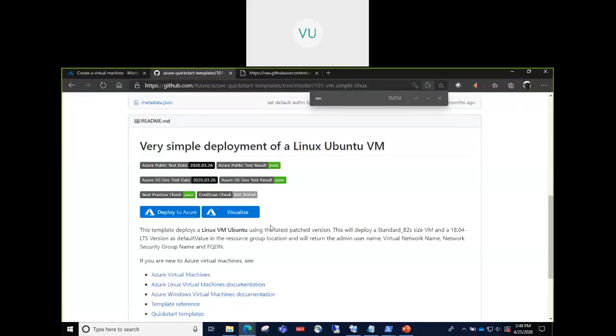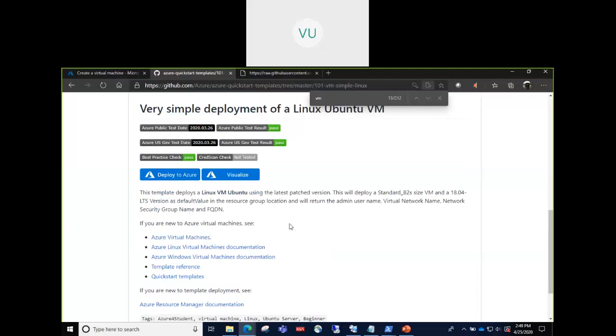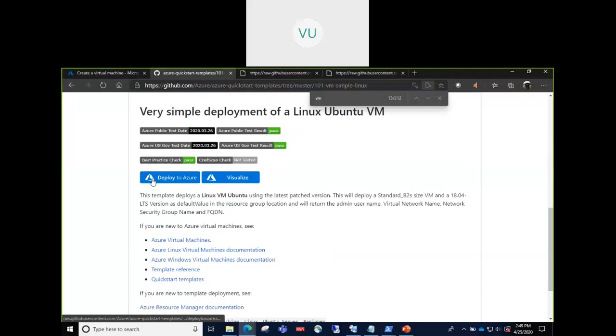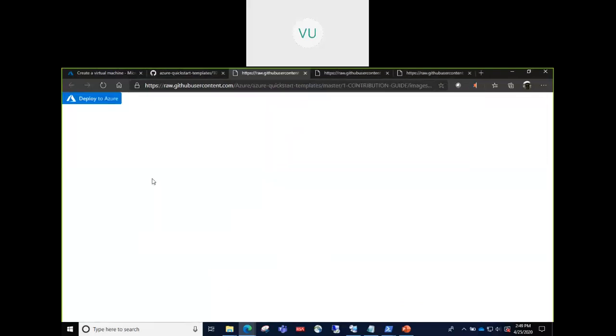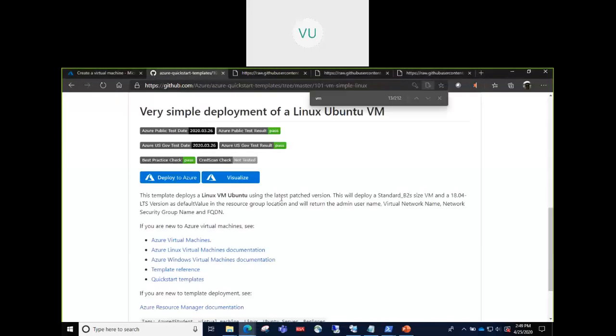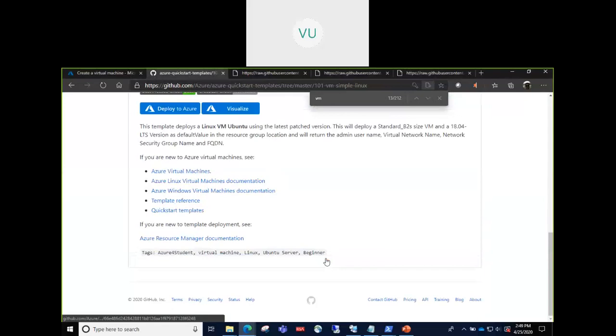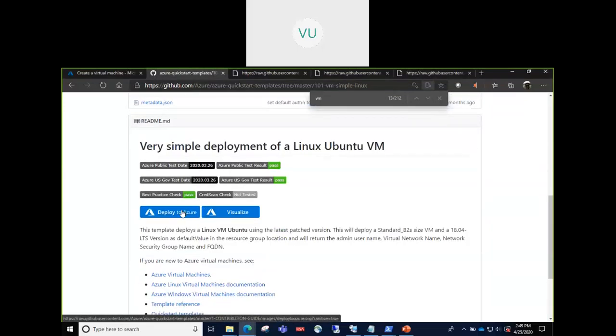This is the image. Interesting. There's something not working. It's giving me the image instead of taking me to the Azure sign in page.